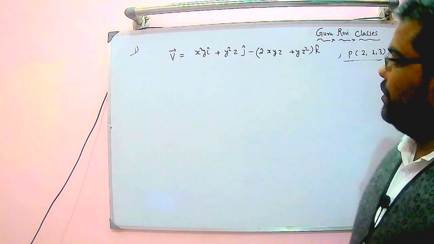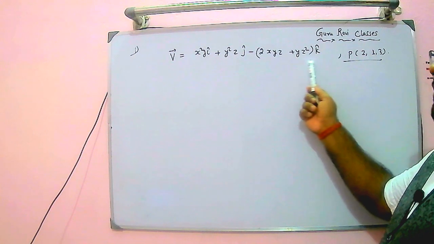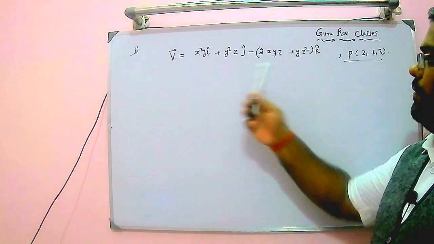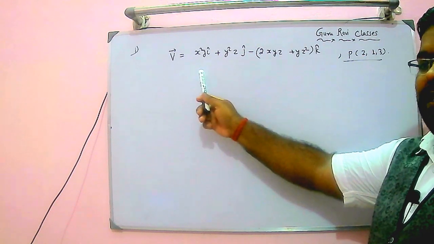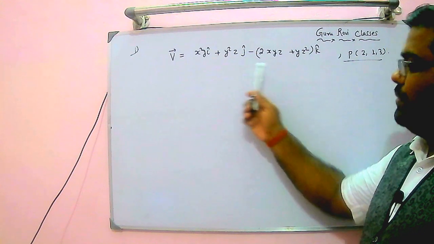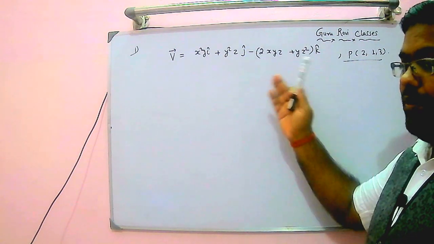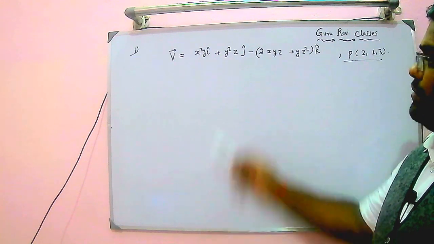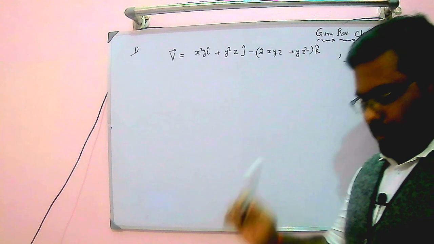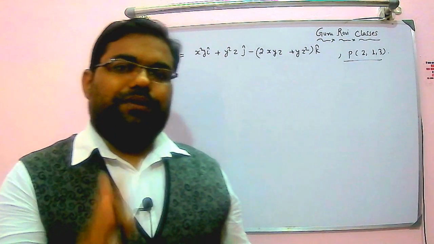If we look at this equation, nowhere is the time parameter there. Time is not given, so that means it is definitely a steady flow, and it's a three-dimensional flow because we have x, y, z. So this is a steady three-dimensional flow, but we don't know whether it is incompressible or compressible. Look here, the density term is also not present, so it is an incompressible flow. So we now know it is an incompressible steady three-dimensional flow, but we don't know whether it is possible or not.